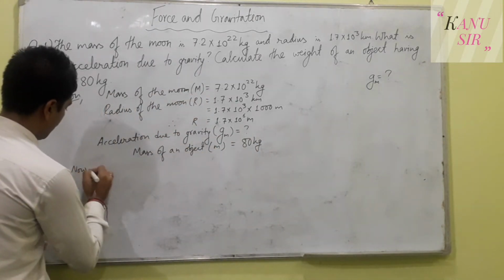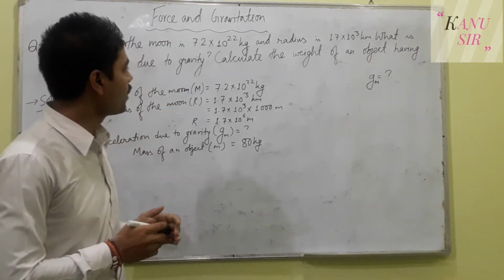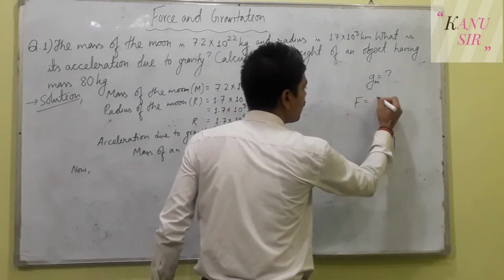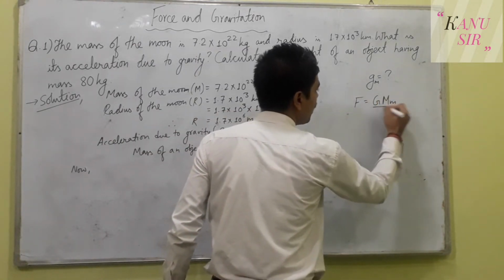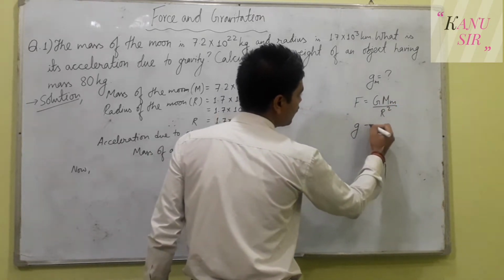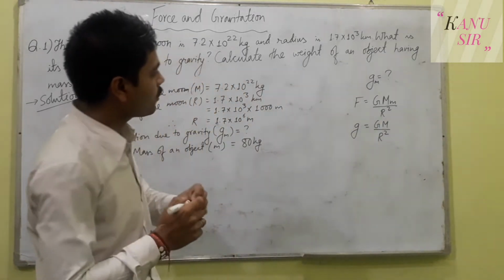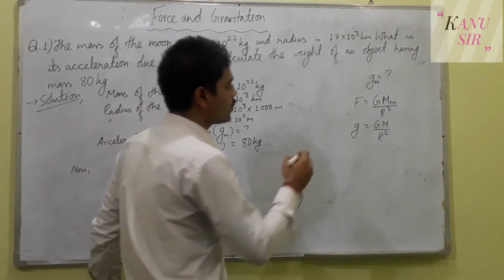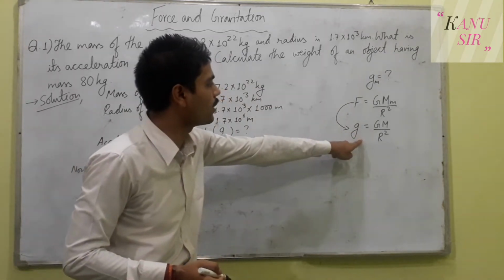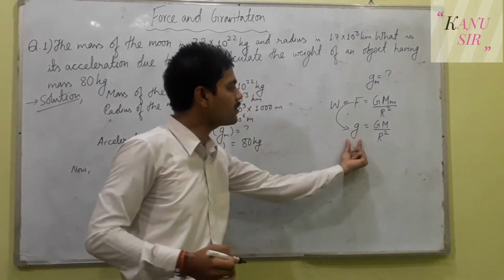Now we have to use a formula, and which formula will be better applicable for this question? Let us check here. We have studied some formulas like F equals G M m upon r square, and also we have another formula, small g is equal to G M upon r square. So at what condition shall we use this or that? You can understand this formula is almost similar to the second formula, because here the force is asked, or you can understand weight is asked, but here acceleration due to gravity.